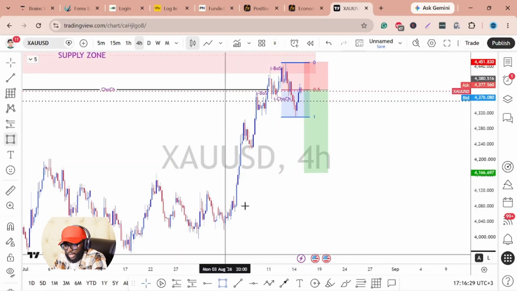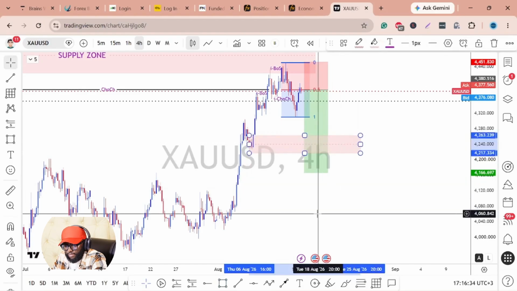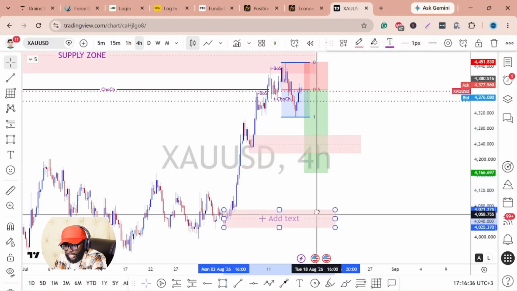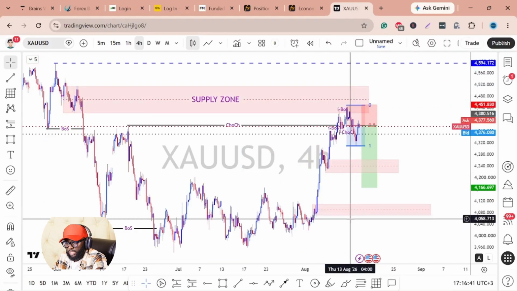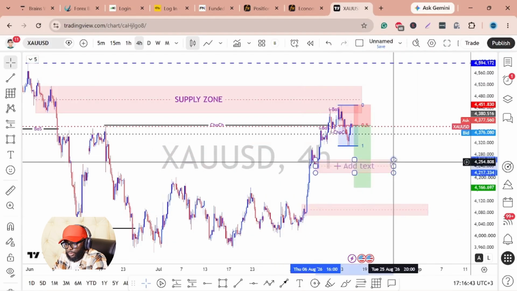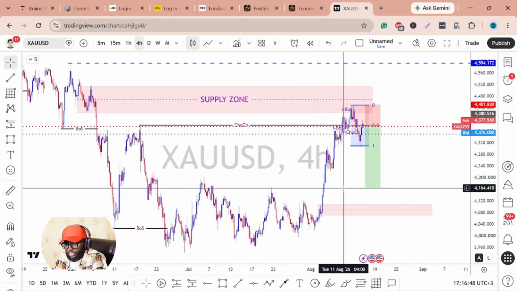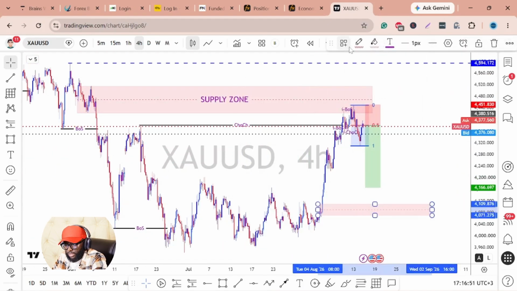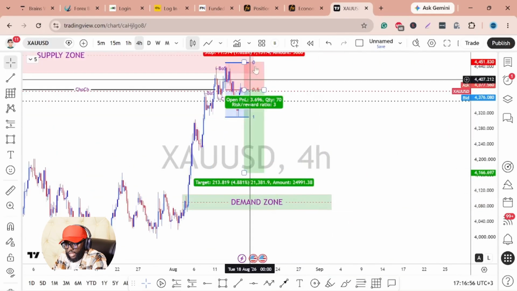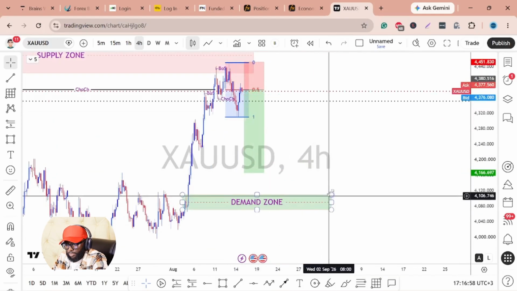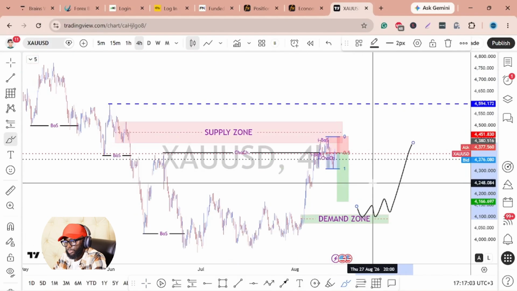We can have this zone over here. And again, we have another extreme zone over here. So we might be having gold coming to react to these levels. And most likely this one, because this one is not on the what? On the discount. So we might be seeing a price coming back to these levels over here for a deeper correction, which is the demand zone. Therefore, we'll be taking that short position. And once price comes back to this demand zone, we'll be looking for what? For reasons to go for buys.